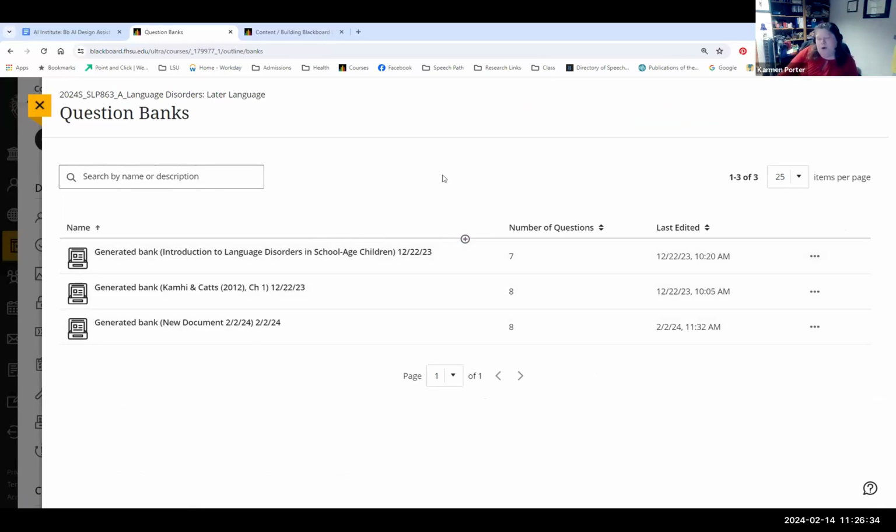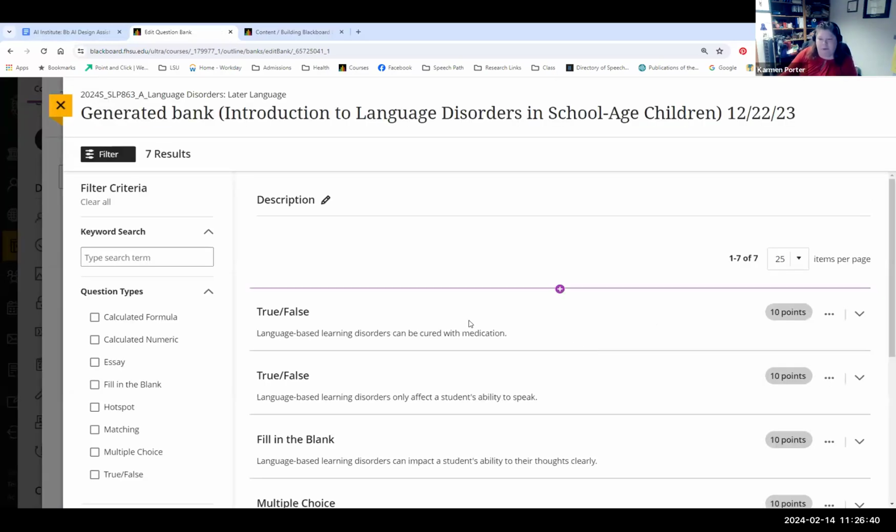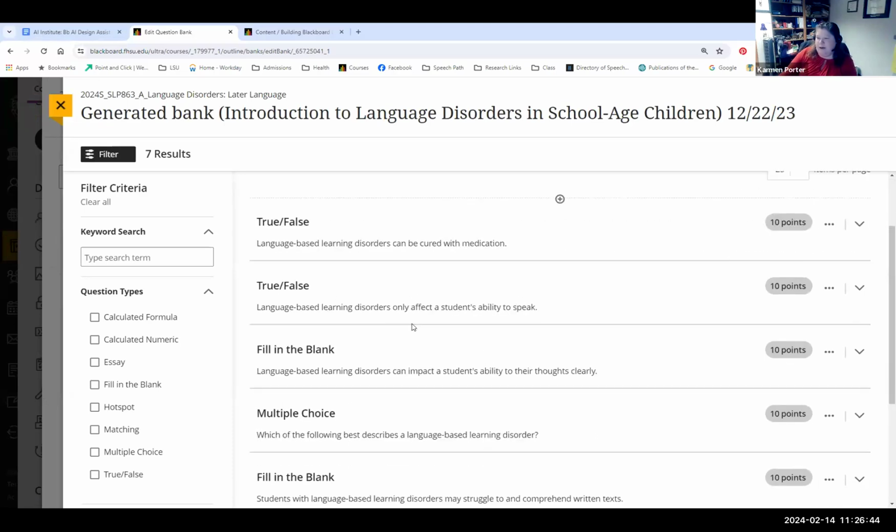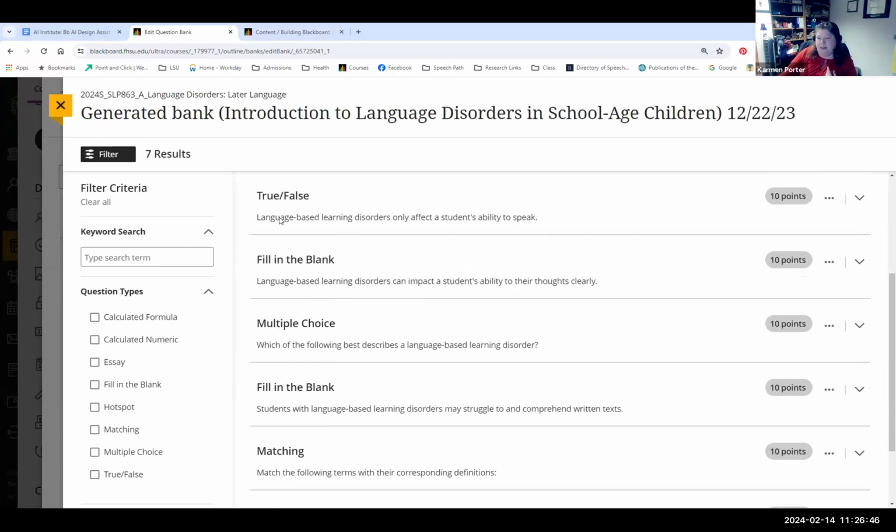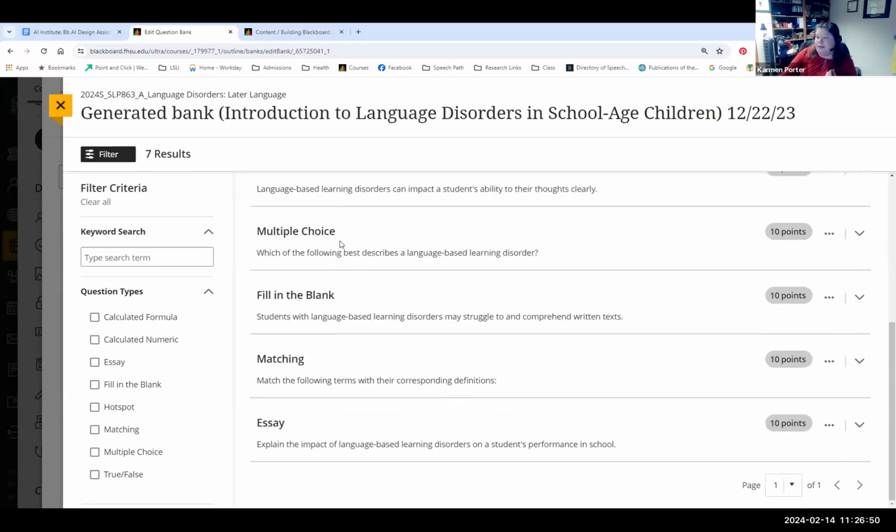For more complicated things, I had to spend time. I had to read the questions. So this came from a reading that I put in and it generated a variety of questions. And what I did is I went through and I said, you know what, I like this question. I'm going to edit this question. Don't like this question, not going to use it. So it gave me a starting point,